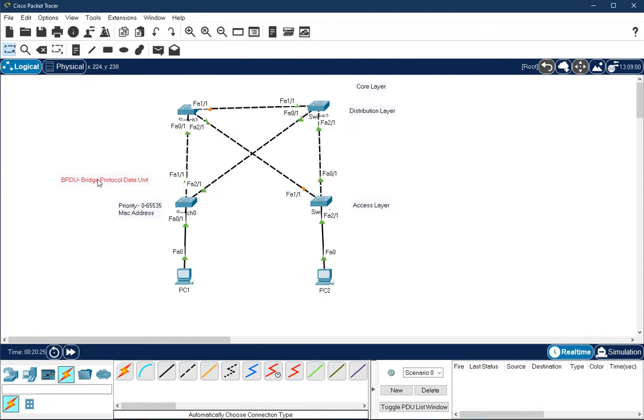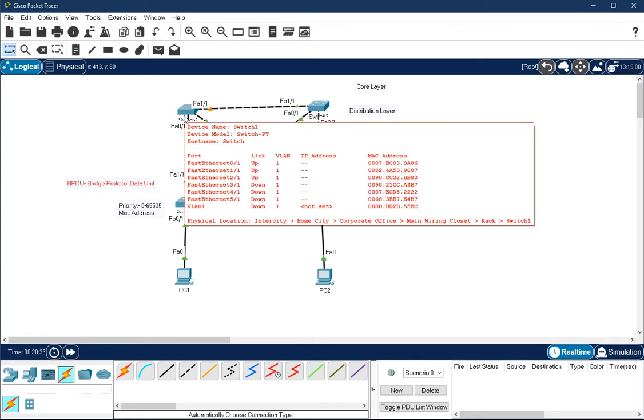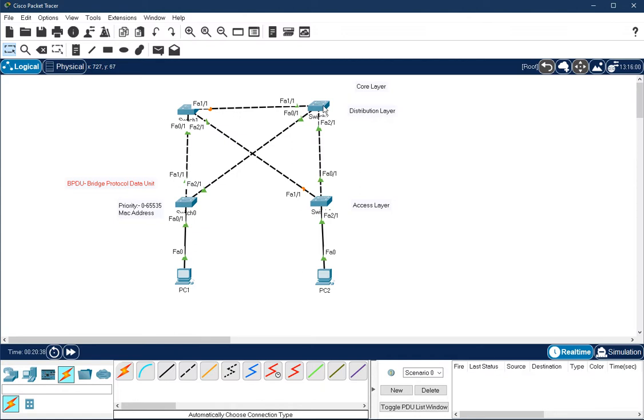So when the election takes place, this switch will start generating a BPDU and send it to other switches. This switch will also create a BPDU, and so will all the switches, and they share them with each other. They check the priority and MAC address in the BPDU they receive from the neighboring switches,